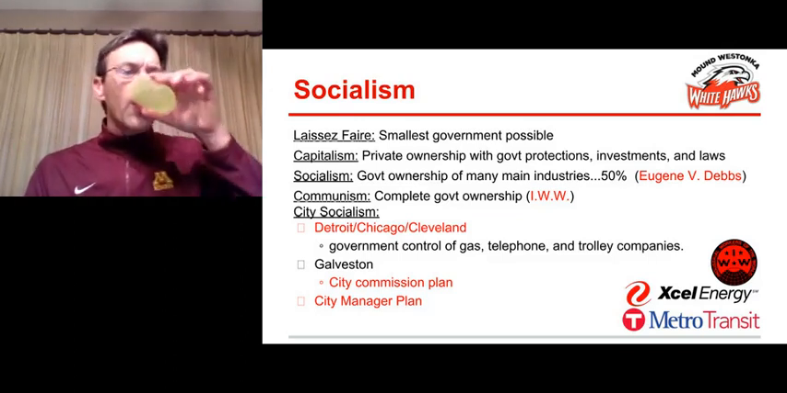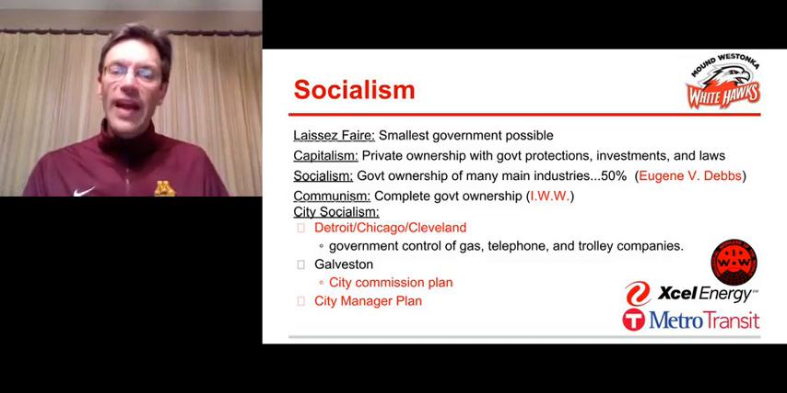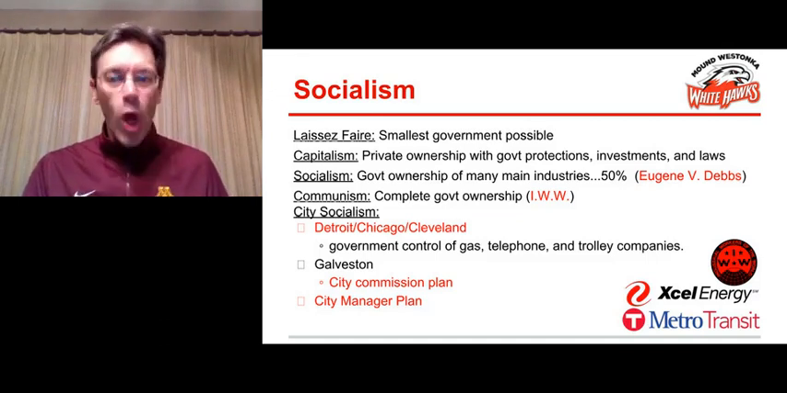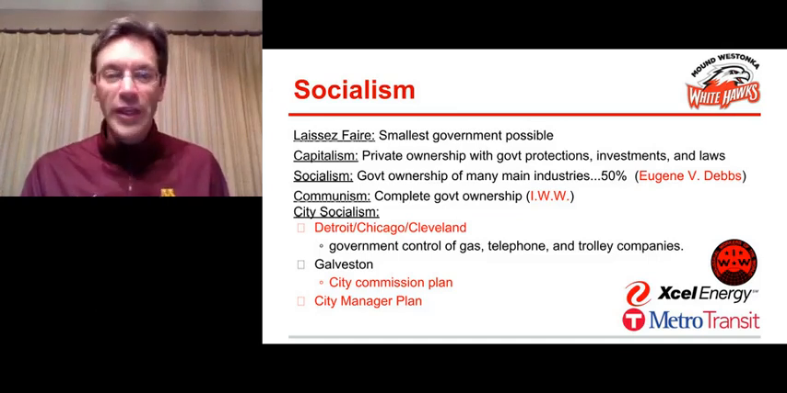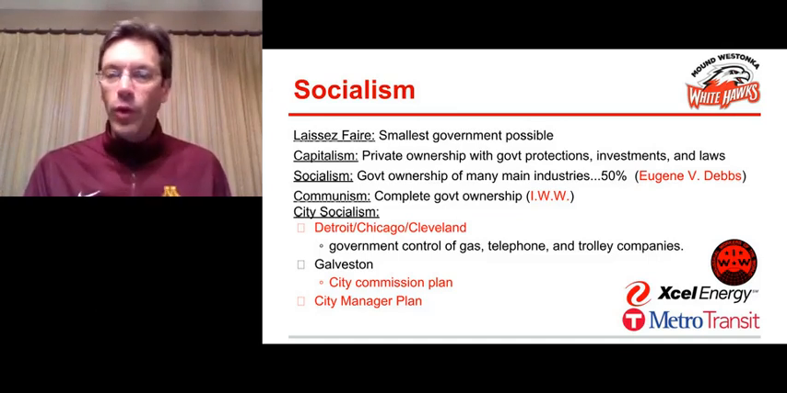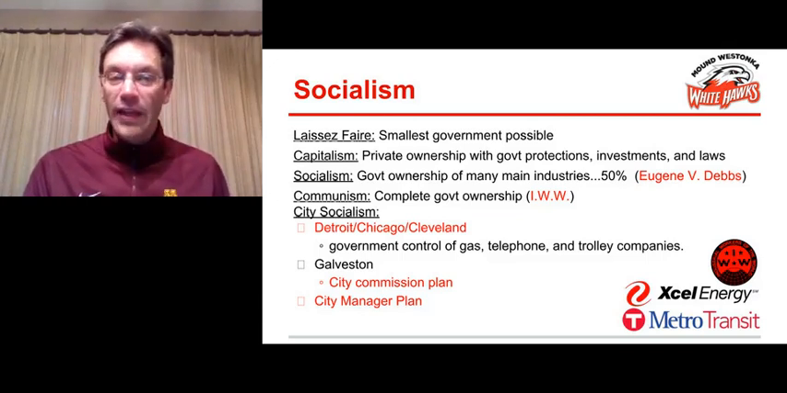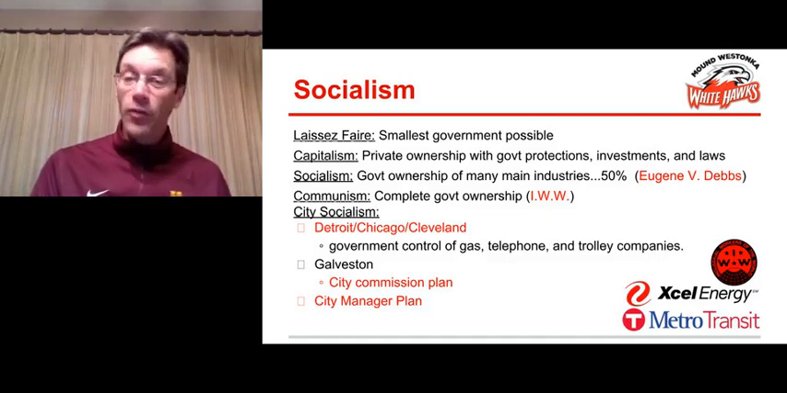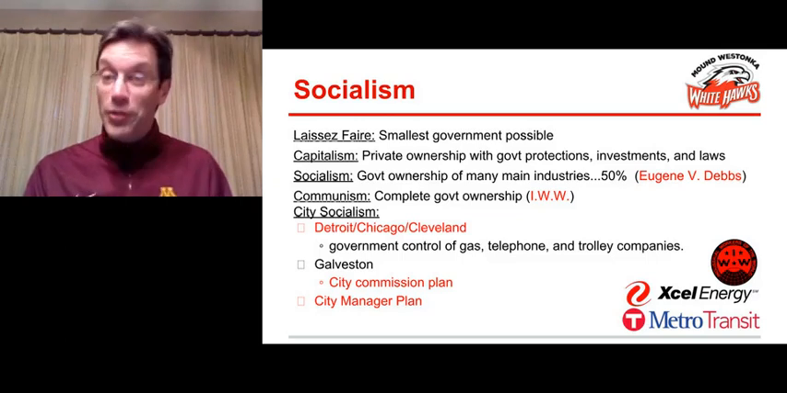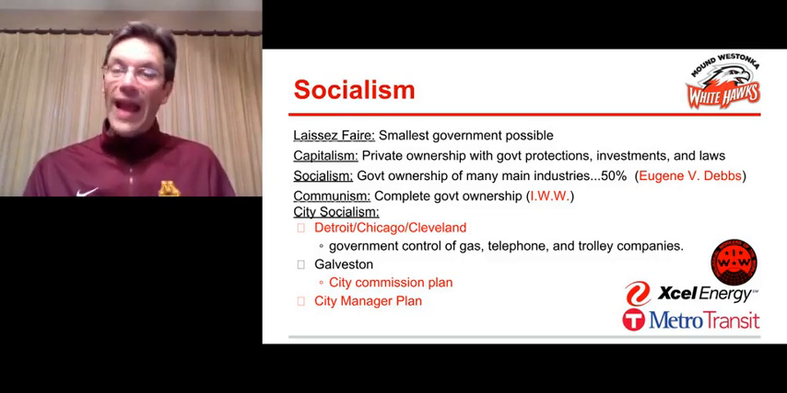Capitalism. By today's standards, that's about 25%, 20%. There's private ownership with government protections, investments, and laws. So, a highway system in our current way of looking at it. And some education, K-12 public education. You don't have that in a laissez-faire system. So there's more taxes, there's more government involvement, but still 75%, let's say, or 70%, 80%, of what happens is